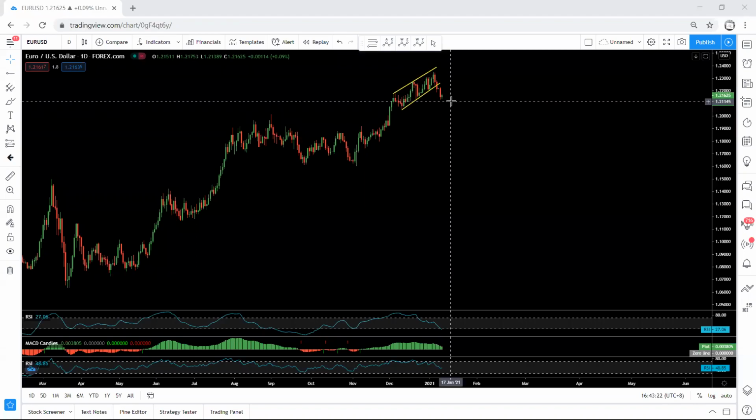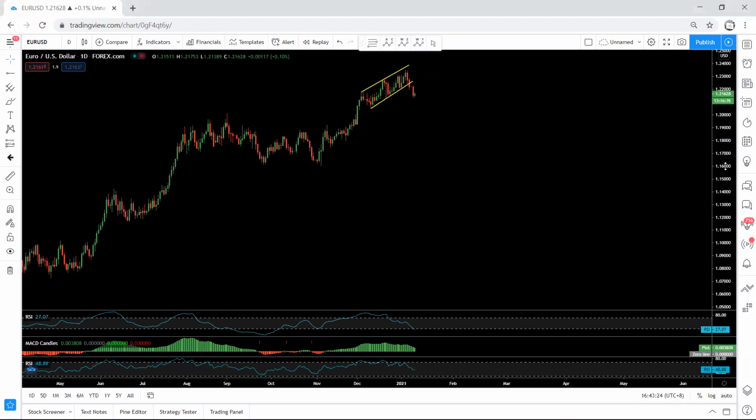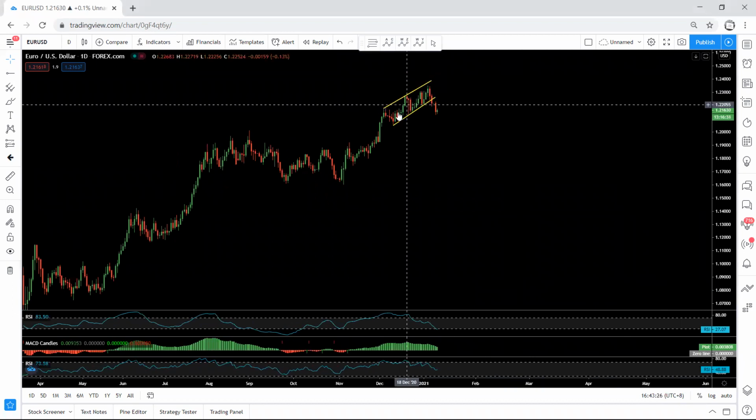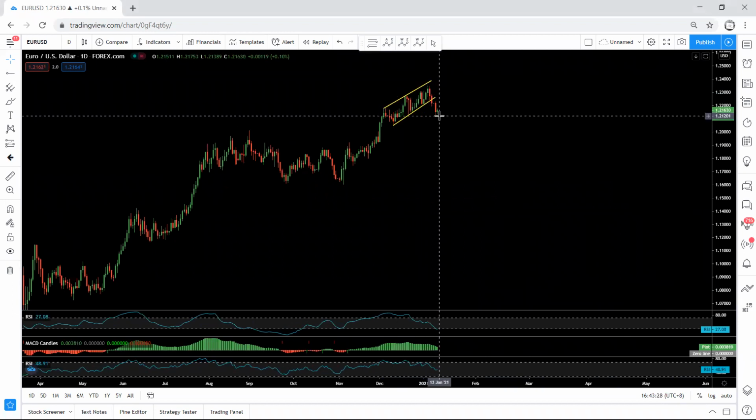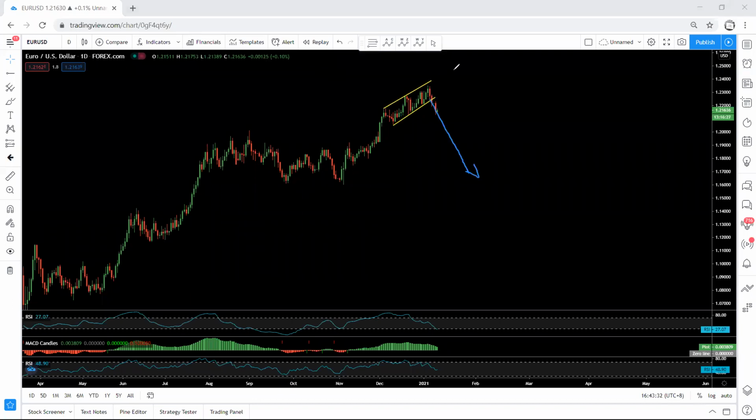Euro USD, we start with the daily chart. Based on the daily chart, as you can see, we are within this move and the price broke this trend line. Another thing is whether this is a start of the down move or we are expecting to get a big correction. This is what I explained in my last video, and I mentioned that we are mostly interested to get a bigger correction. How big it can be, we are not sure